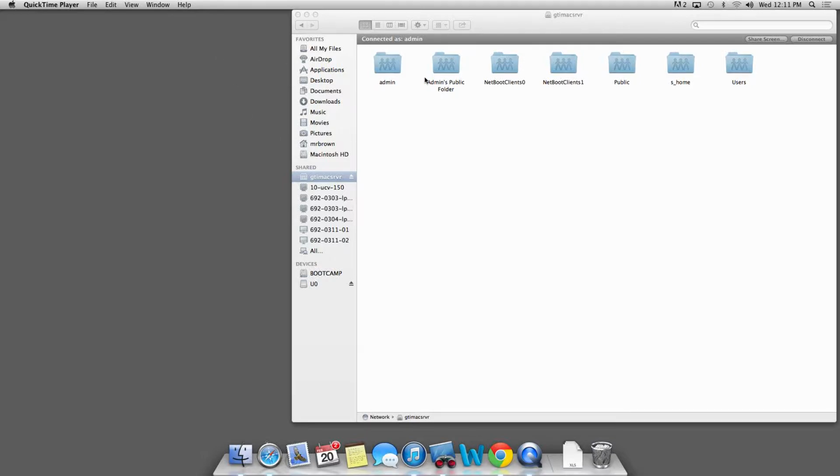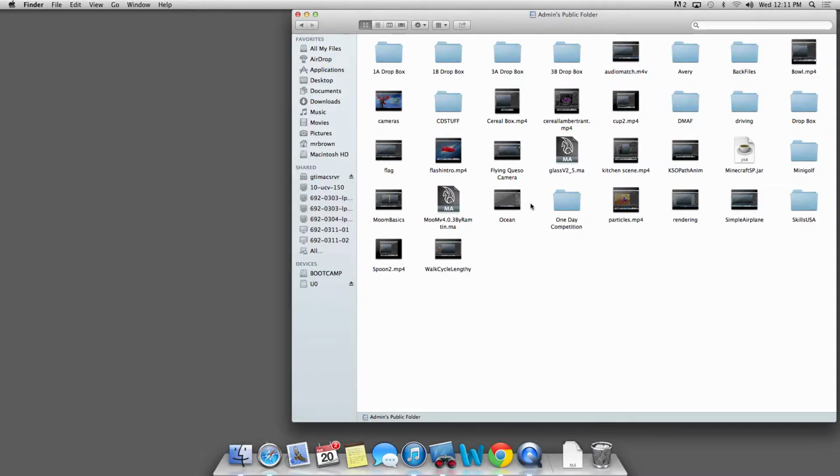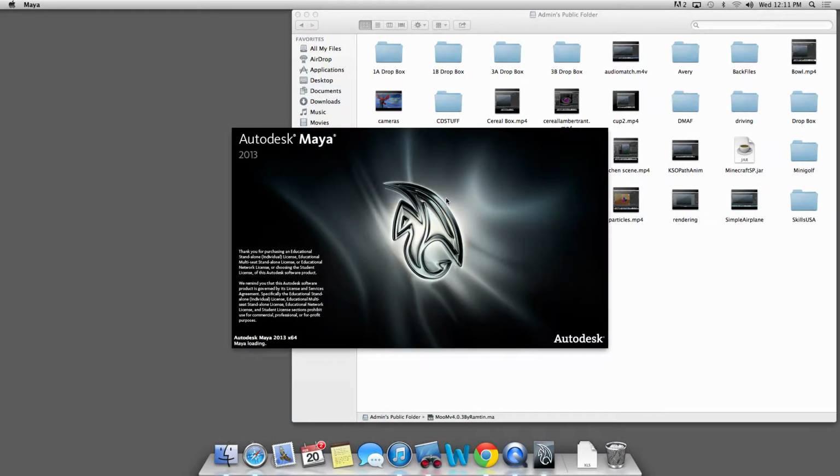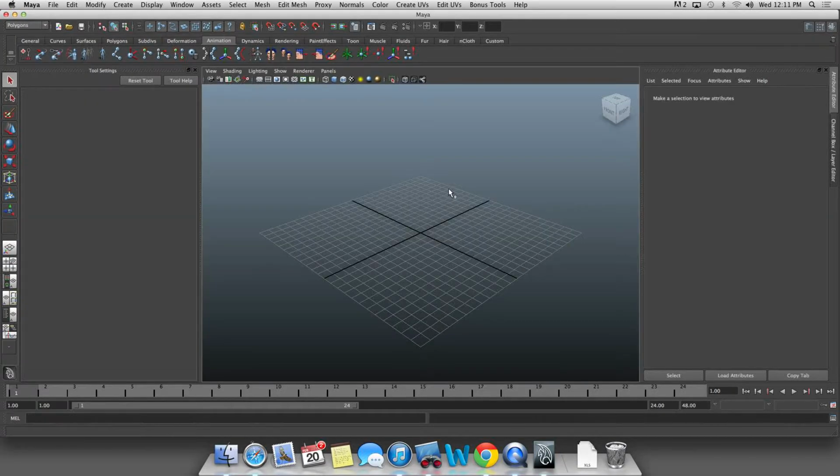If you go to the GTI Max server admin's public folder, there is a file on here called Moom 4.0 by Ramton. Double click it. It's going to give you a fresh copy of Moom. As soon as you have your Moom copy